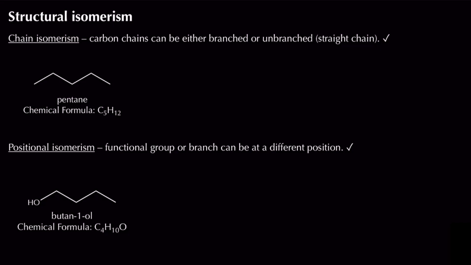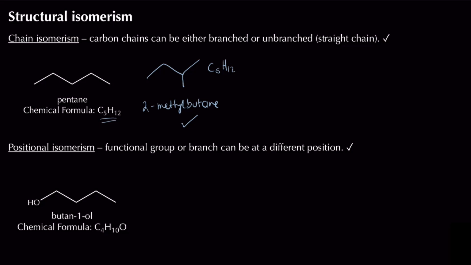Now, you can see over here, I've got a molecule of pentane with the formula of C5H12. Now, this is going to be a straight chain isomer with that molecular formula. And let's say if I were to grab one of these carbon atoms, let's say this one over here, and move it to this position over here, what I would end up forming is my longest carbon chain being butane, a methyl group at the 2 position. I actually have a compound that is now going to be called 2-methylbutane. Now, this still has a formula of C5H12, so we know, of course, 2-methylbutane is going to be a structural isomer, a branched chain isomer with a molecular formula of C5H12,